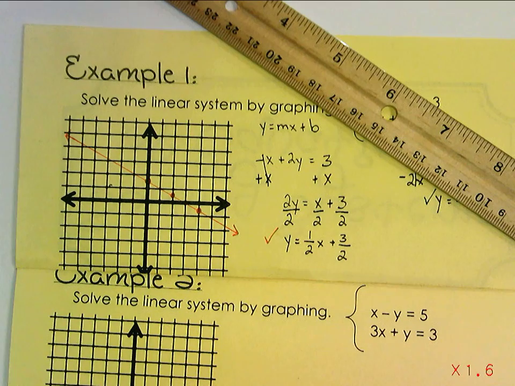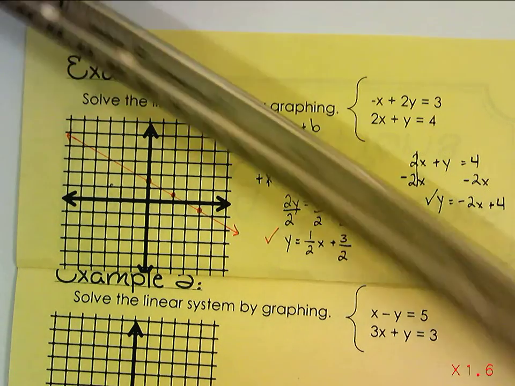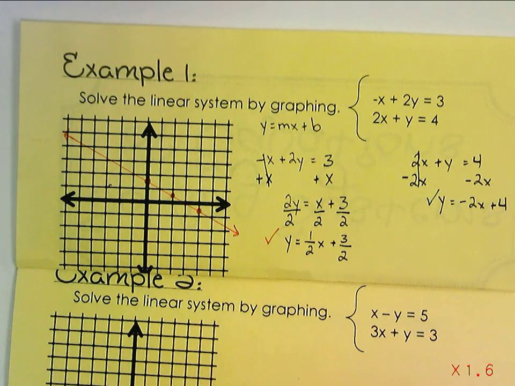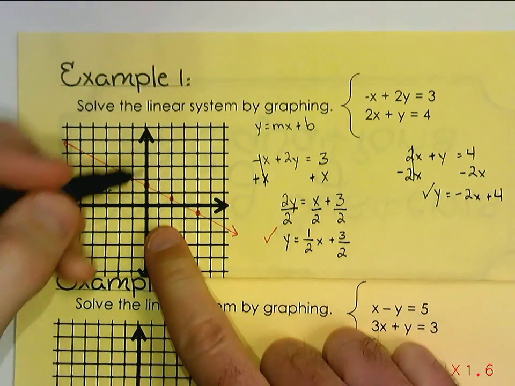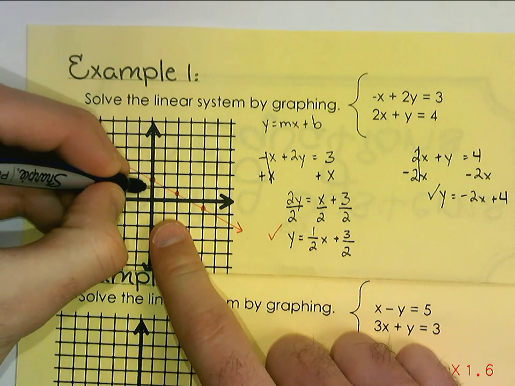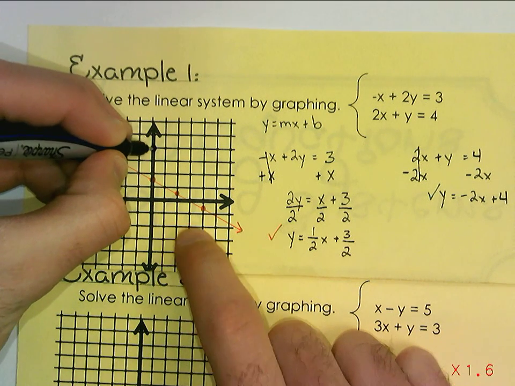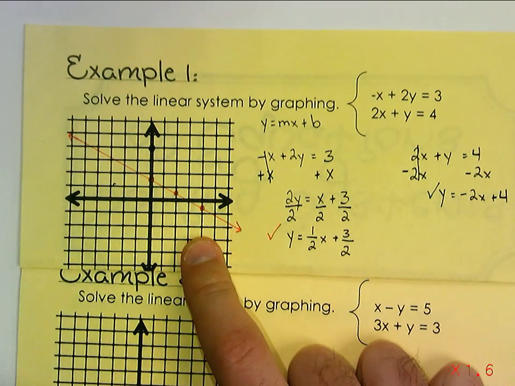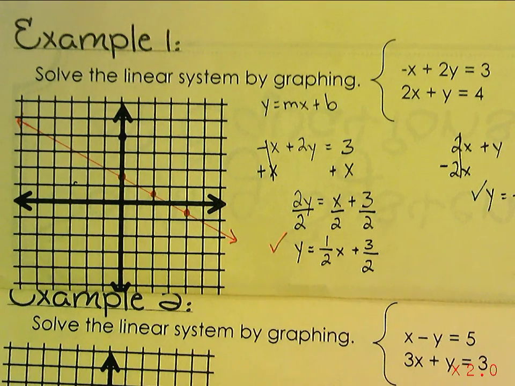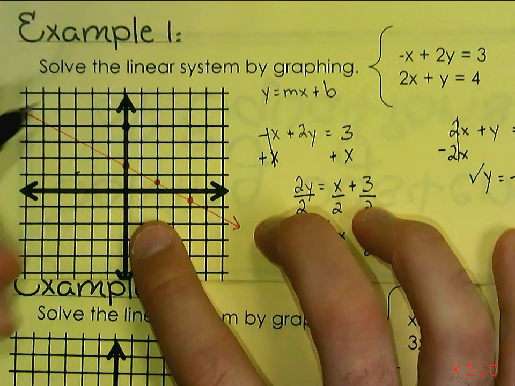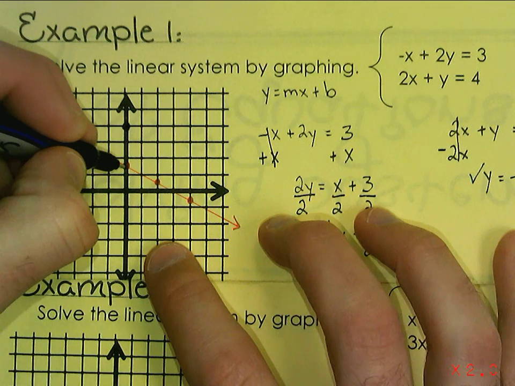Okay, so first line is drawn. Now let's do our second line. It looks like we're plotted up at +4, so 1, 2, 3, 4 is our y-intercept. And hopefully you can see that. You can zoom in here a little bit more. Yeah, that's better. And then let's go down 2